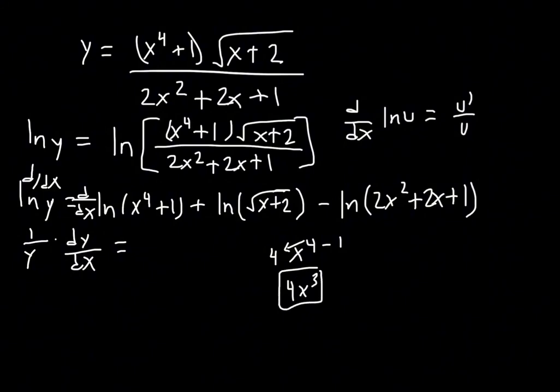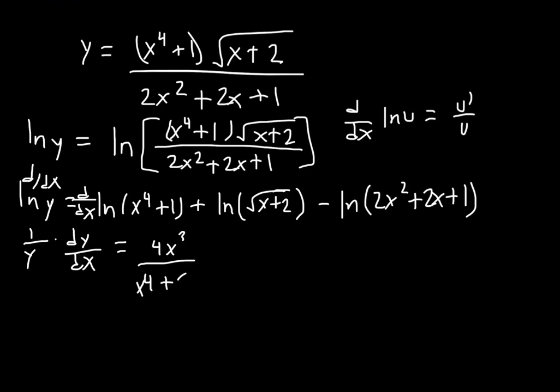This is the derivative of x to the power of 4. And the derivative of a constant, which is 1, is 0. So here we have 4x cubed over x to the power of 4 plus 1, plus